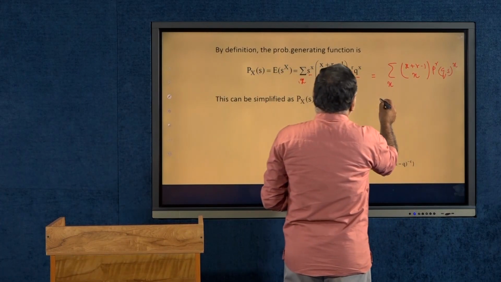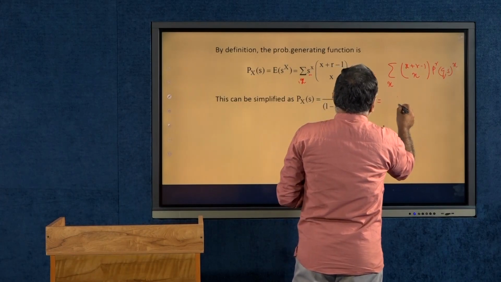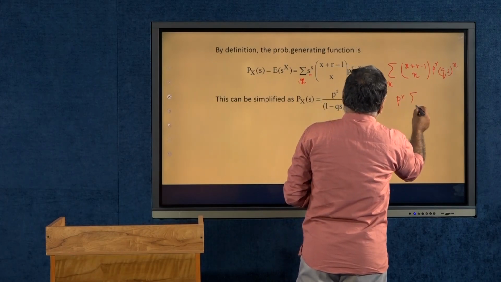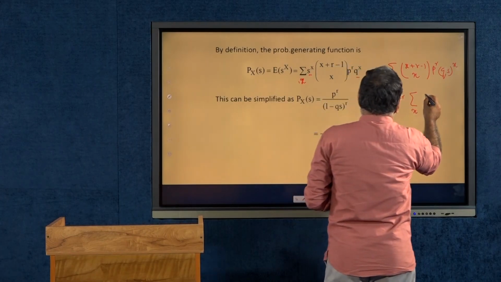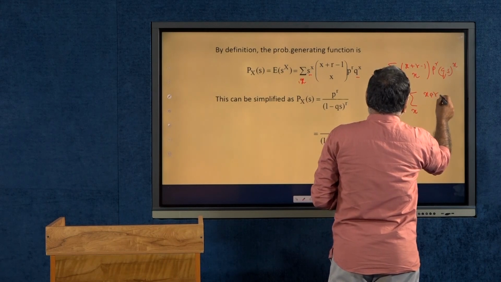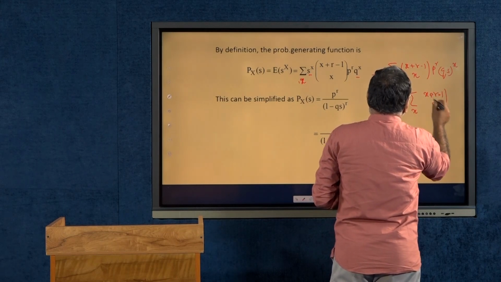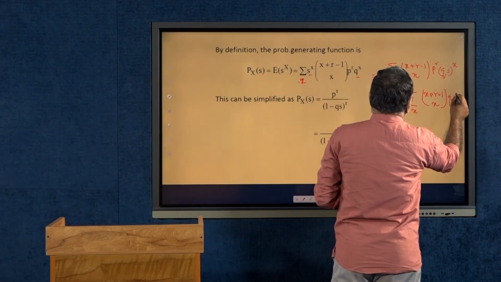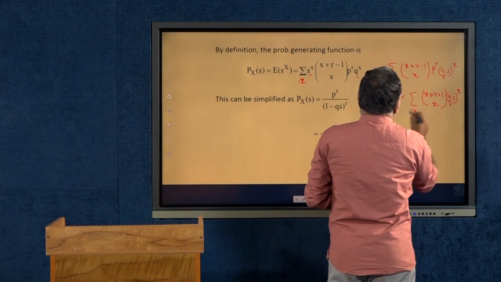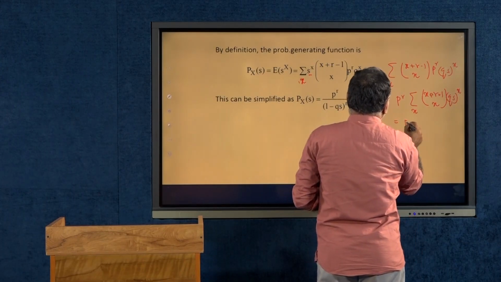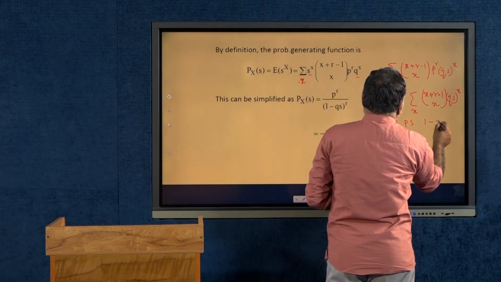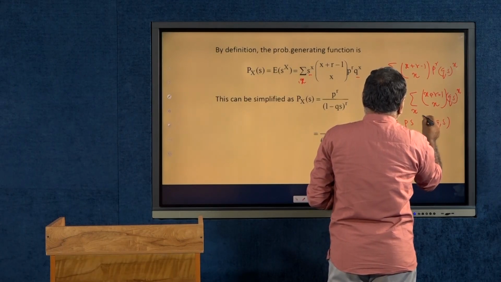And this is equal to p power r times the sum over x of (x plus r minus 1) c x (q s) all power x. And this is a standard value, we know this is (1 minus q s) all power minus r,